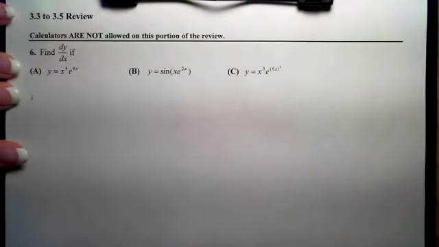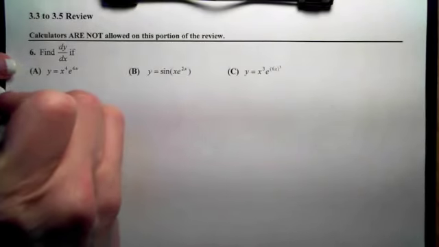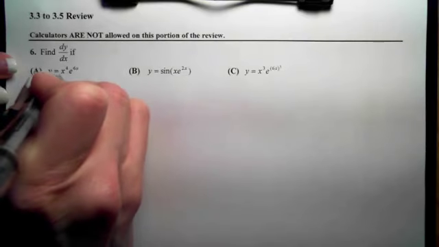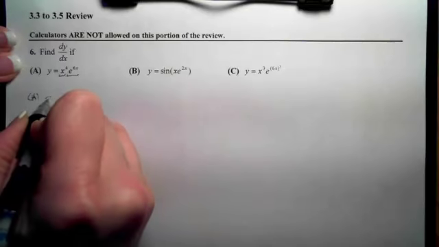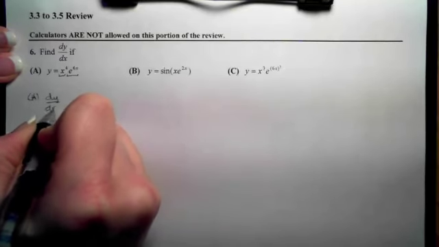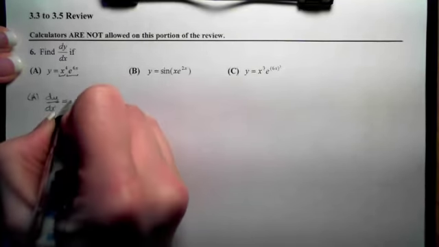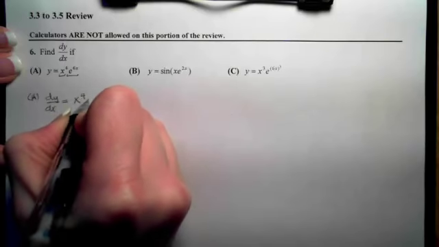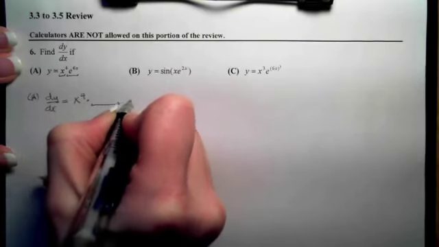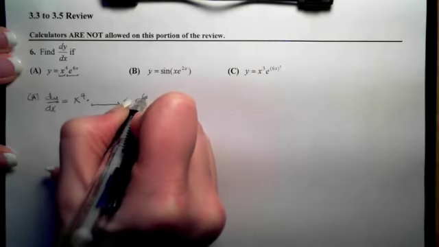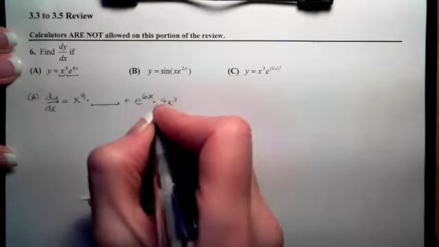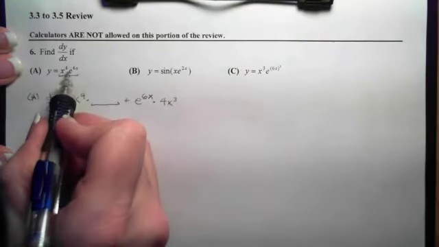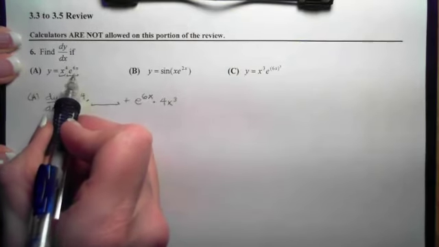So if we look at A, notice we have a product rule that we hit first. So the derivative of that will be the first one times the derivative of the second plus the second times the derivative of the first. So I left the blank here because we have to do the chain rule to do the derivative of the